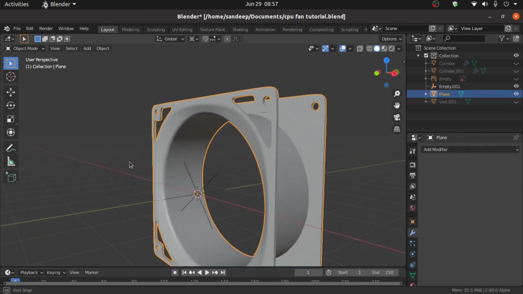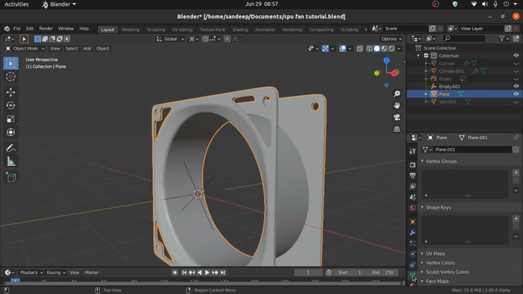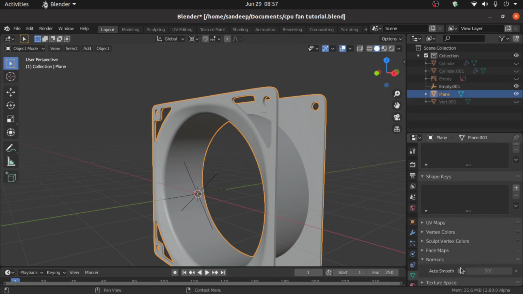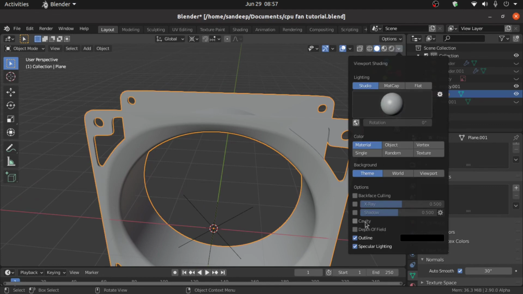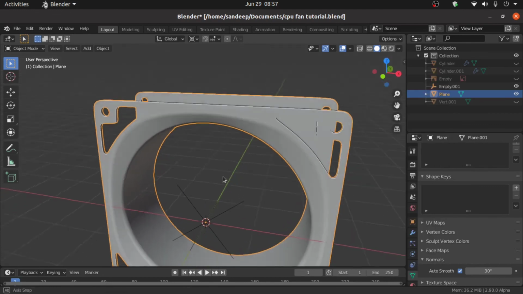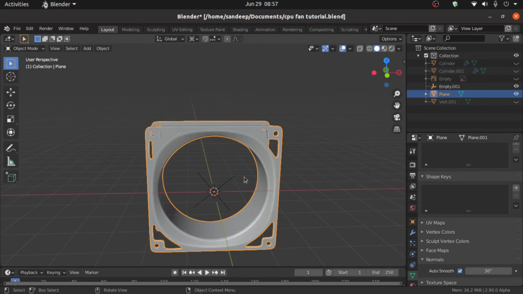Okay. Now click on this object data properties. Under this normals, turn on auto smooth, then right click, set it as smooth. Okay. For clear visibility, click on this arrow and enable cavity. Now